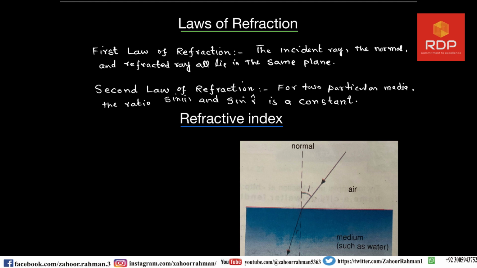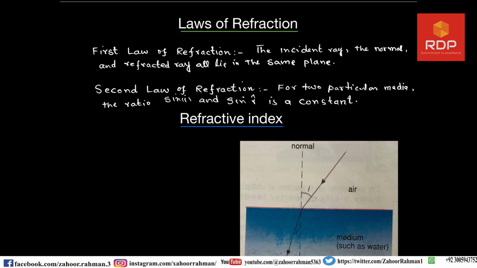If a medium such as water is refracting the incident ray less, then we say the refractive index of this medium is less, meaning that it can deviate the incident